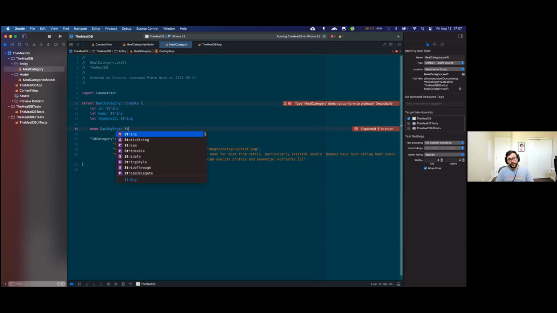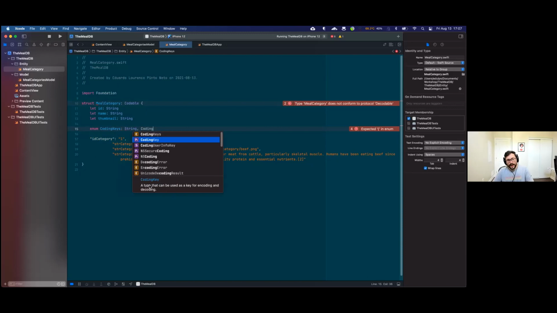Our coding keys will be of the type string because the names of the fields are strings itself, and it will also be implementing the coding key protocol. That is a type that is going to be used for encoding. It's going to be the keys for coding and decoding our